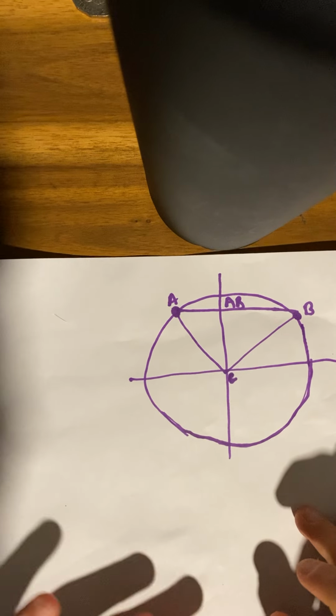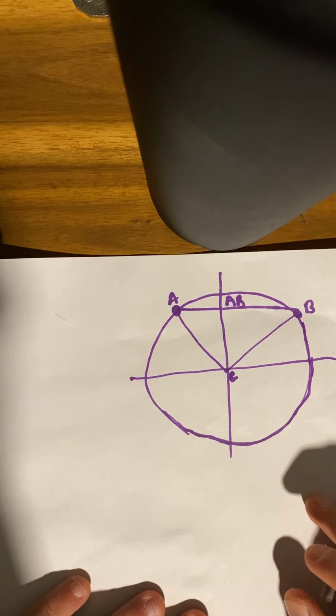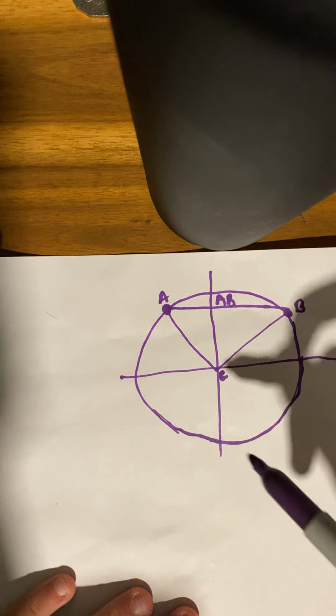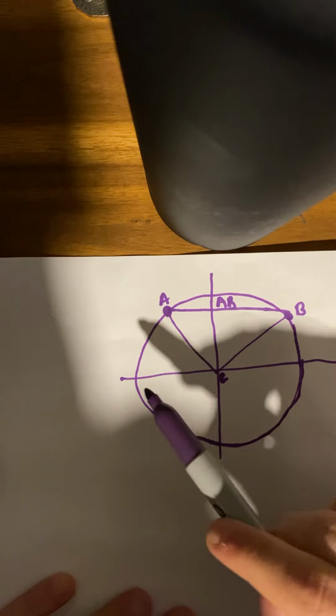What's up guys, and in today's video we're going to be looking at how to derive the compound angle formula for cosine and then how we can utilize this to solve some questions. So the first thing here is you can see I've got a unit circle and I've labelled points A, B